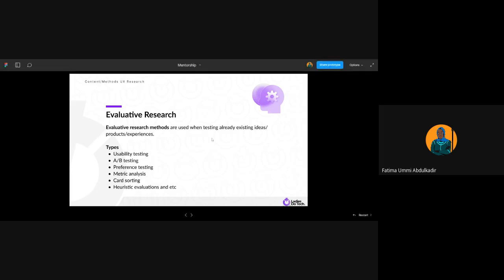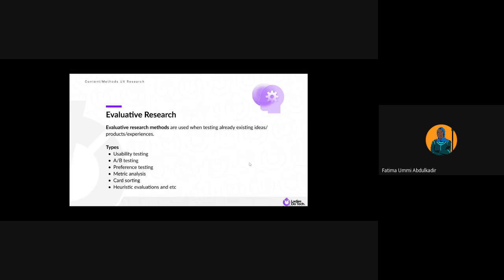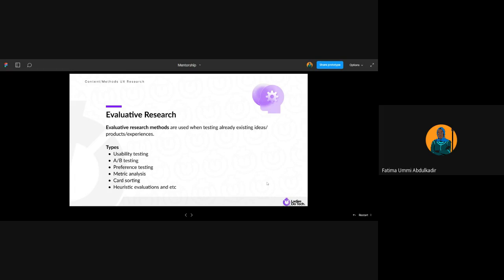So we have usability and preference testing. This preference testing is different from A/B testing because A/B testing has to do with visuals. Preference testing is for you actually researching what the user would prefer. It's not entirely like you having two things and telling the users to choose from those two things.